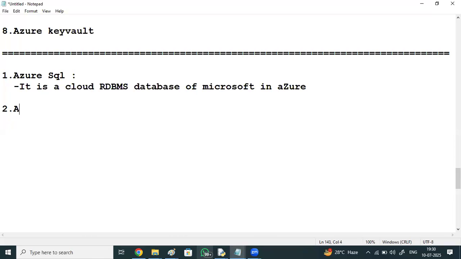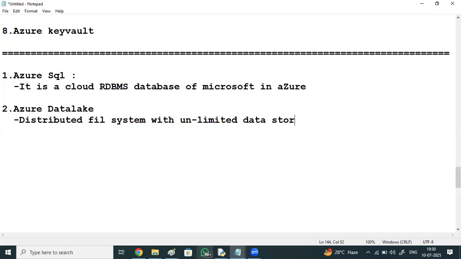Secondly, Azure Data Lake. It is a distributed file system with unlimited data storage in the cloud.